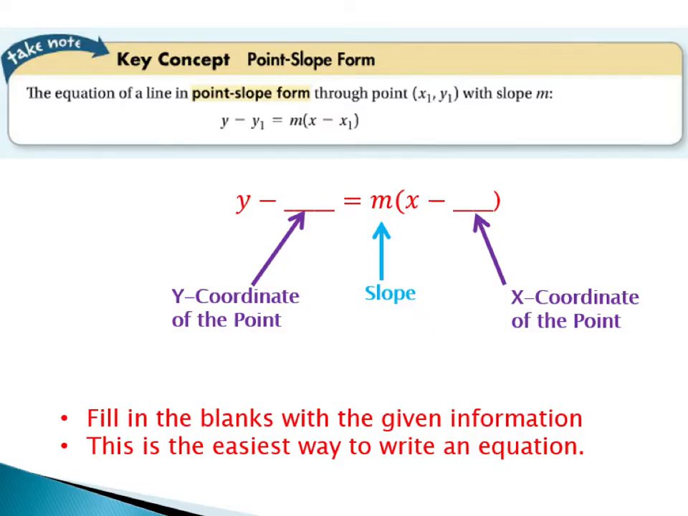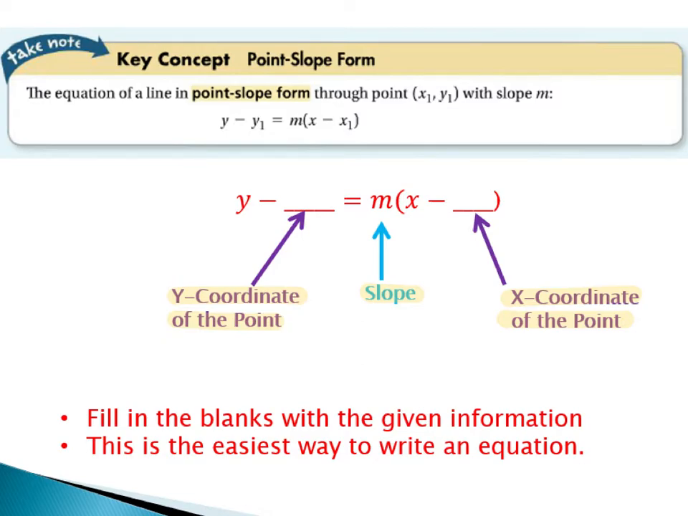In the first blank, you fill in the y-coordinate of the point. In the next blank, you fill in the slope. And finally, you fill in the x-coordinate of the point. And filling in the blanks is the easiest way to rewrite it, and it's the easiest way to write an